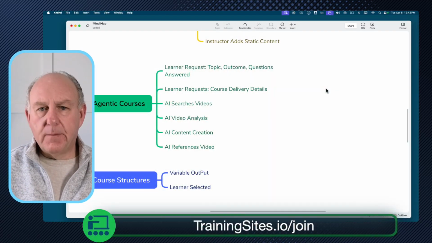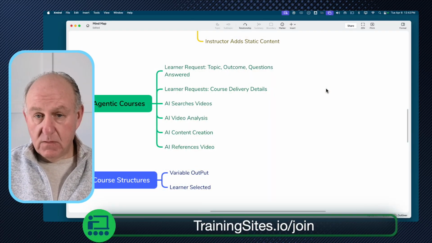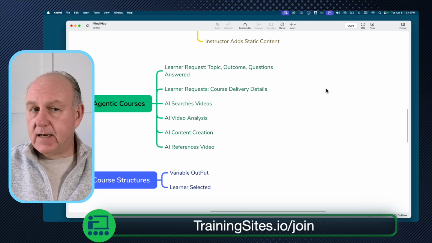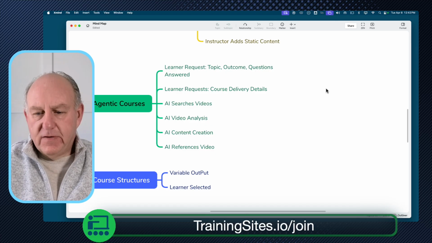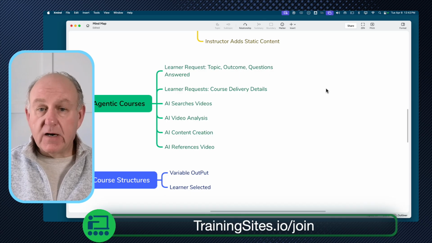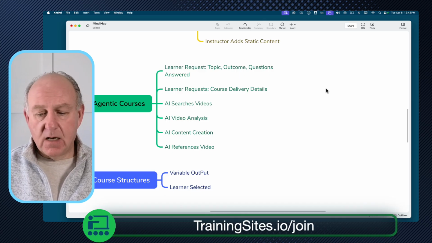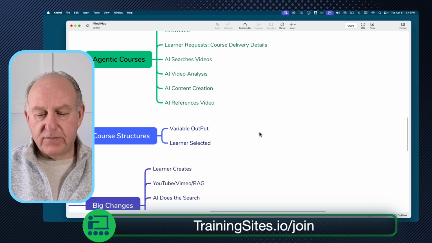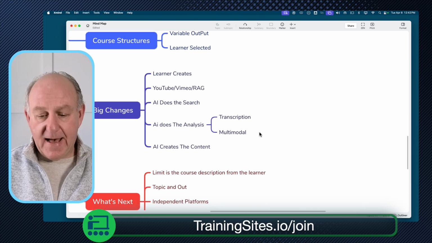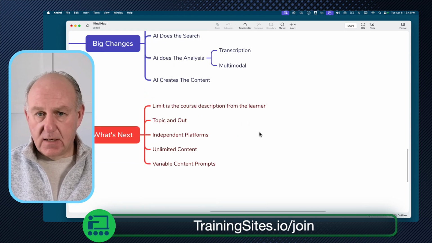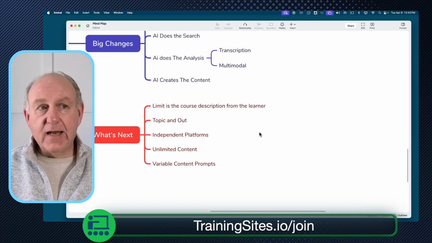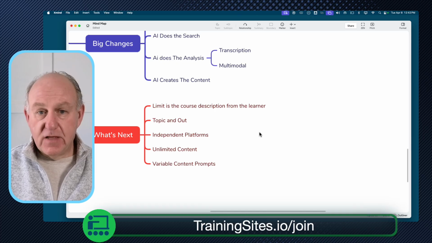Here's the thing that's making this important. If I'm now looking at this and saying, hey, I've got YouTube as all of my content, how do I fit in? Well, if the learner requests the question, AI does all of this different work and it's all different. The part that you have as the instructor is, the limit is on the questions that the learner